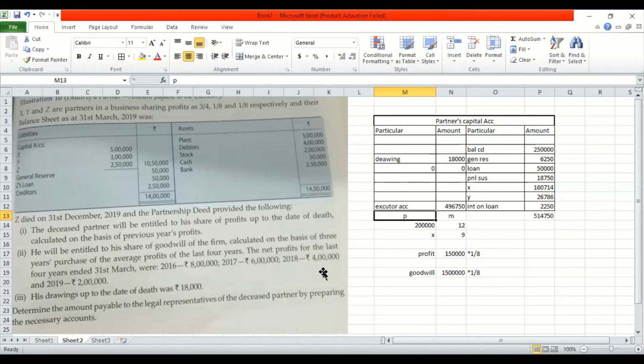You can complete a sum in not more than 5 to 8 minutes. You will not take more time. Look, most of the things are there in the balance sheet. You simply post it. There are only two calculations. One is for profit, other is for the goodwill. Otherwise, there is no calculation as such needed.